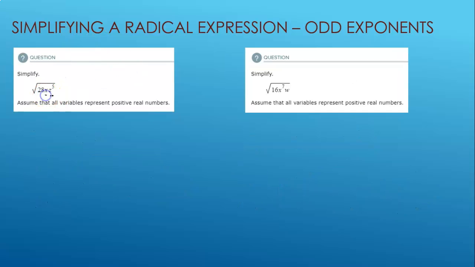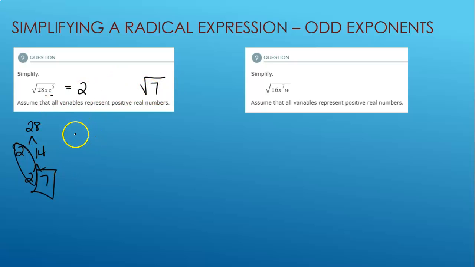Now, sometimes you might have more than one variable on the inside. We still treat the number separately, so we're going to make our tree for 28. 2 times 14, 2 times 7, 7 is prime, so we have a pair of 2's and we have a single 7. Notice I have some space in between so that I can start filling in this other stuff. There's only one single x. There's not even enough to make one pair, so the x has to stay on the inside of the radical